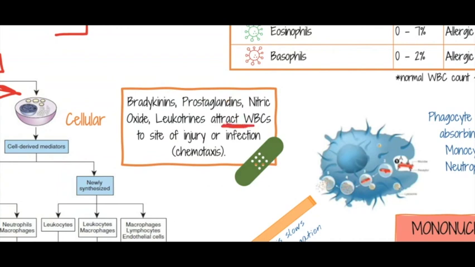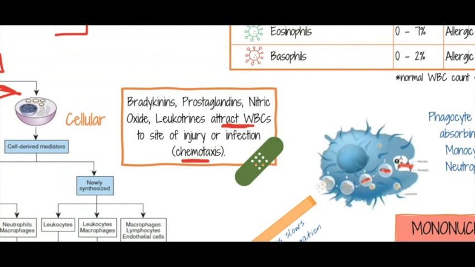So they're calling out to the white blood cells to come to that site. And that process of being called from where they originate, which is usually the bone marrow or somewhere in the lymphatic system,